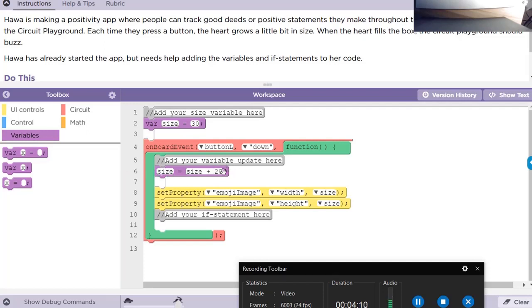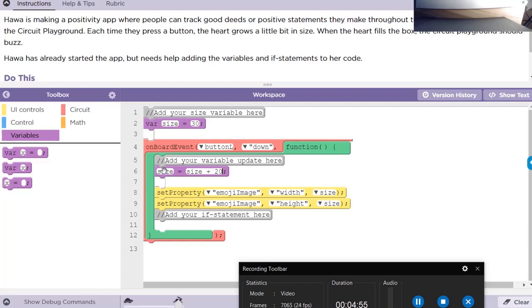So this is a little bit of a weird statement probably if you've never worked with variables before in computing, because we're used to seeing this equal sign in math. And this statement in a math sense would make no sense, because how could size be equal to size plus 20? Size should be equal to size. But we have to remember that the equal sign here does not mean equality. It means we're assessing the right side of this, finding the value of that,